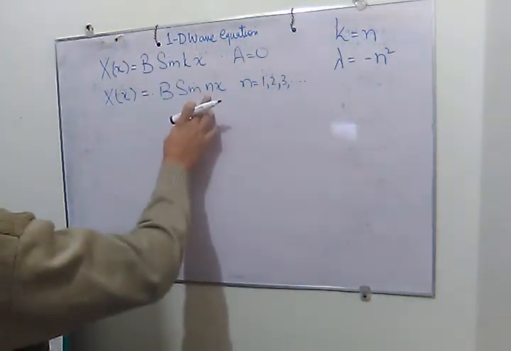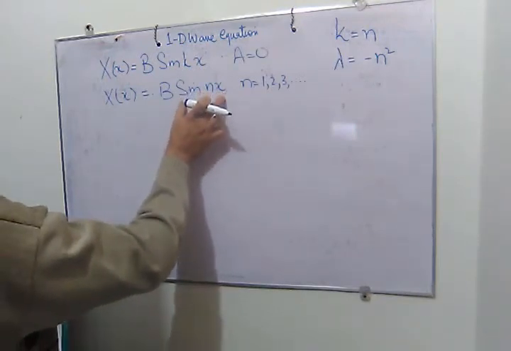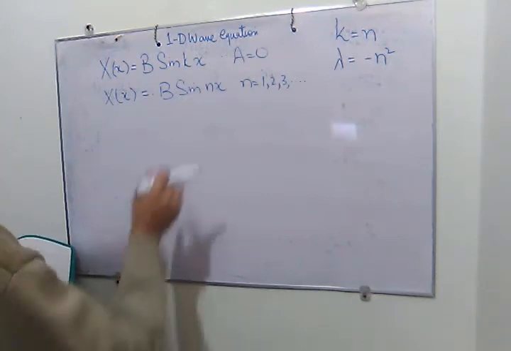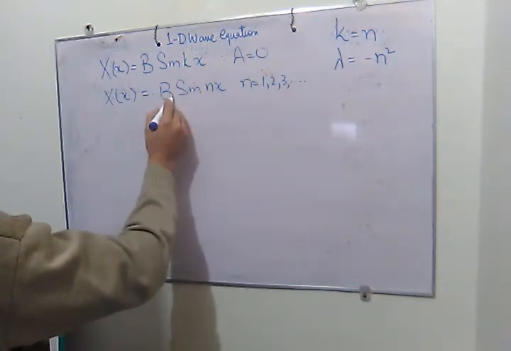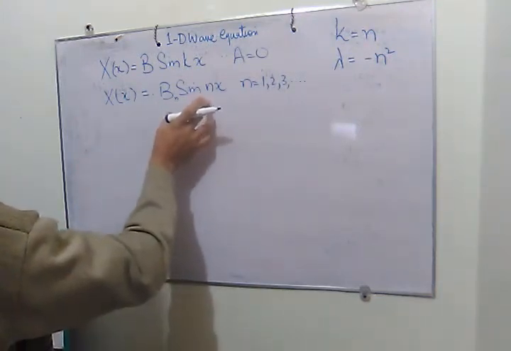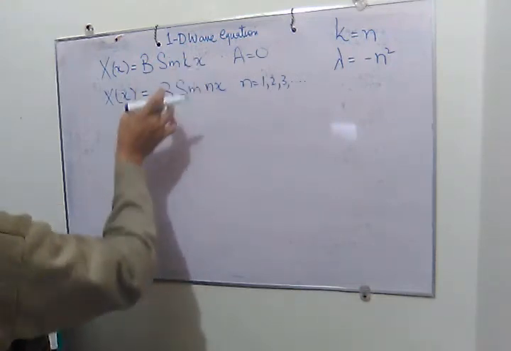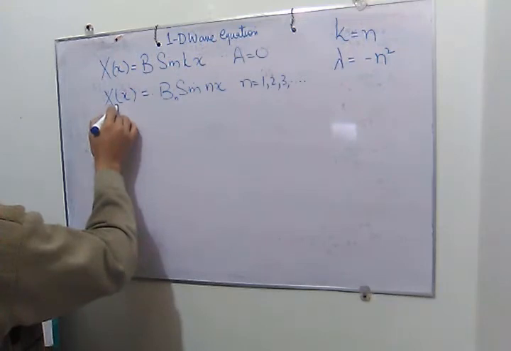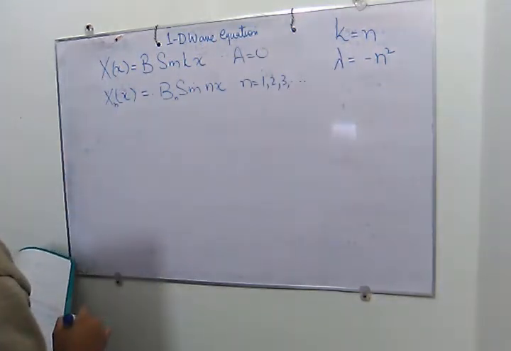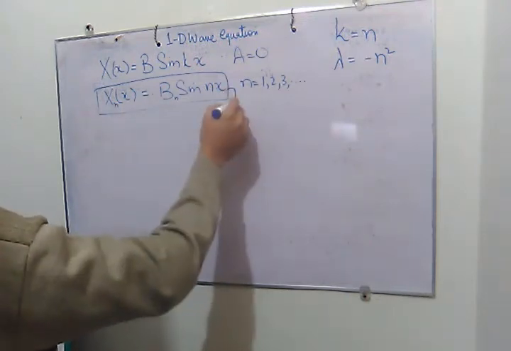Now, by involving n in this solution, there are multiple sine terms here. Therefore each term has its own coefficient, so we have to introduce n here. And now this is a multiple solution. There are several sine terms with several coefficients, so it is no more a single solution like this. So we have to put an n here to show the multiple solutions. There are n solutions because of this n. So this is the solution of equation number 3. We call it C.